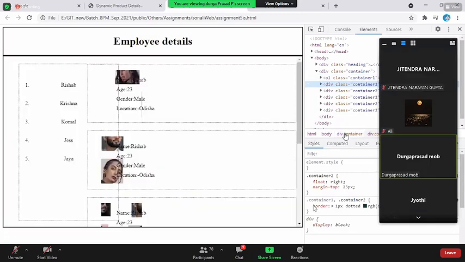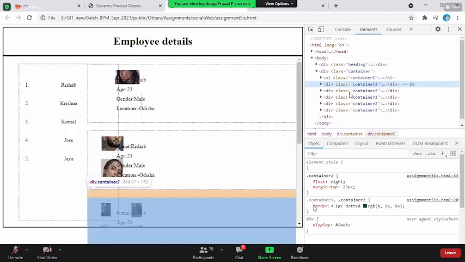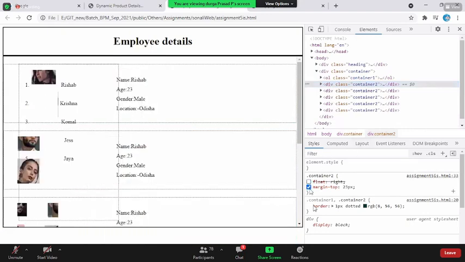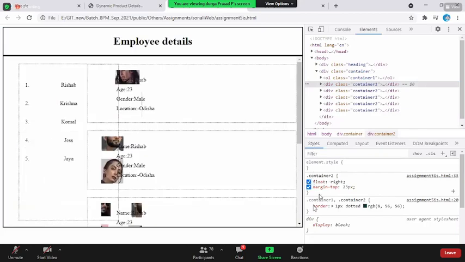Got it? Yes, sir. So I'll try. Yeah. What you have to do is, whatever elements you have on the left and right side, keep all the elements in one container and keep those two as float left and right. Now under that container, all these divs have to come. Right now you have given all these divs float left and all. So this is actually disturbing the look and feel. Okay. So please do that. And if you still have questions, let me know. Any other questions other than that?